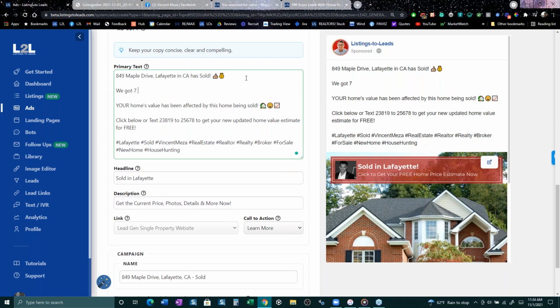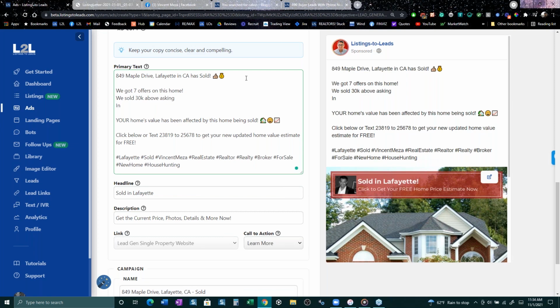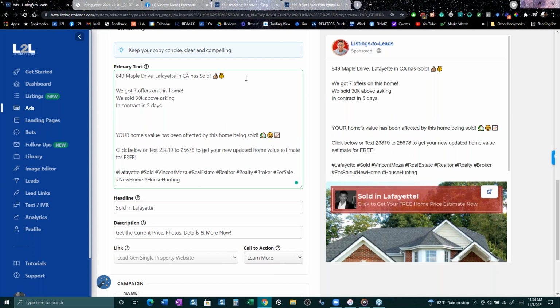we got 7 offers on this home. We sold 30K above asking. In contract in 5 days. And we have 6 qualified buyers still looking. Do you see how this is a little more interesting than just the default boilerplate stuff we put there? The default boilerplate stuff can work, but let me talk to you about